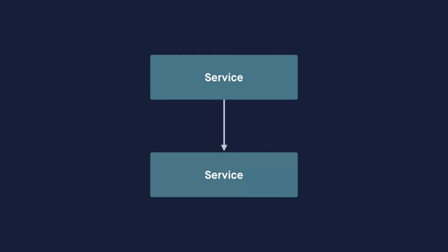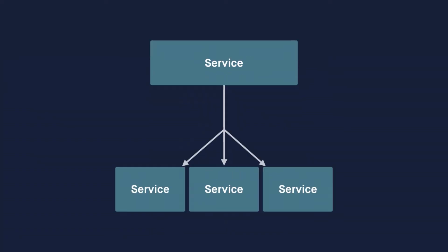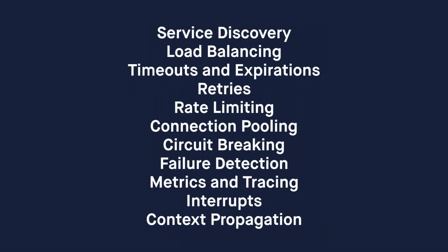In our infrastructure, the interesting thing is how we communicate between these. So as I mentioned, they're all Go binaries. They're very simple HTTP servers. And one service will fan out to a number of services. So for resilience and redundancy, we run a number of copies of each one. A service needs to know which one to communicate to. We do that over HTTP. And when you're doing this in a very large, complicated infrastructure, you need to deal with a huge number of